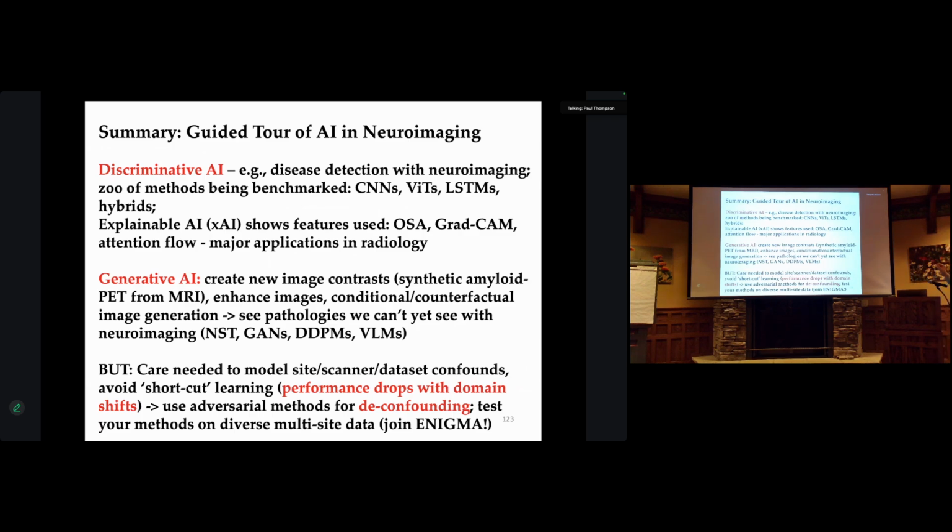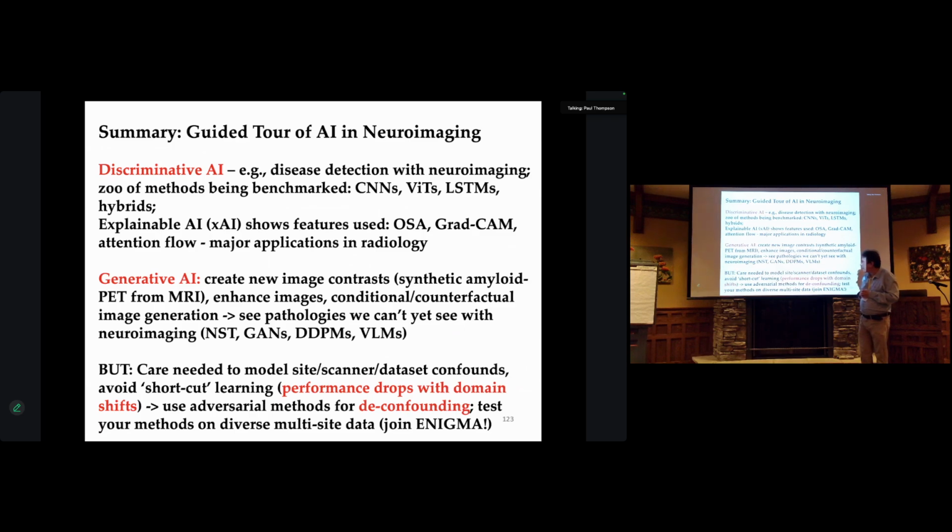Generative AI makes new image contrasts. I call it contrast because it could either be a synthetic same modality data set, or a synthetic other modality data set, which is the video of the person eating a hamburger from the text prompt. And this could be used to enhance images or do counterfactual image generation or conditional image generation. You can imagine seeing pathologies we can't see yet with neuroimaging if you have paired data. And we didn't talk about neural style transfer or GANs. We'll talk about that another time. But this general outline of work